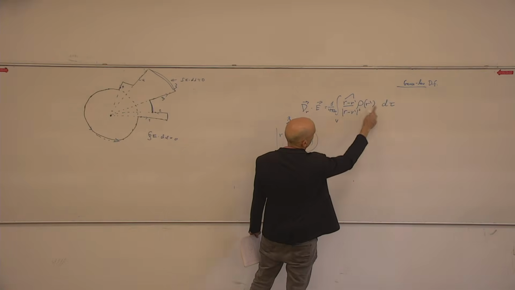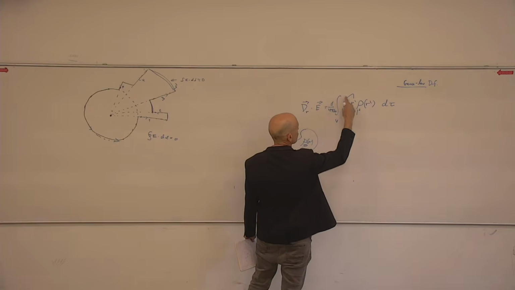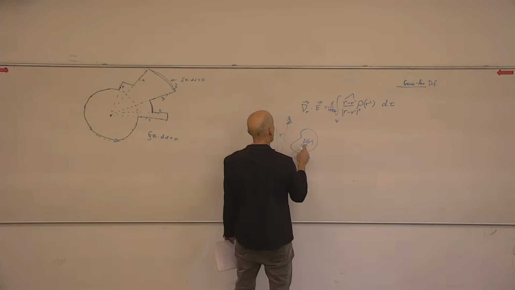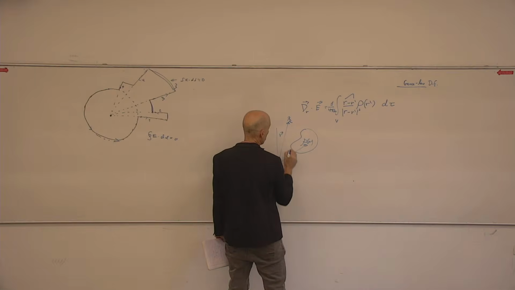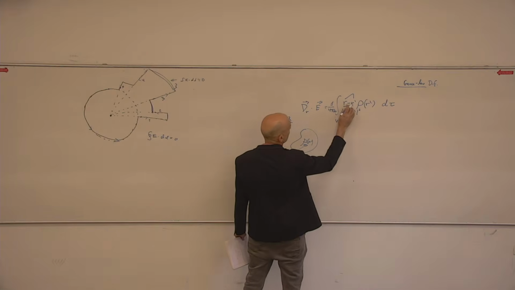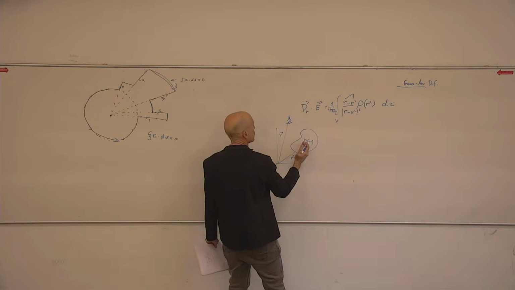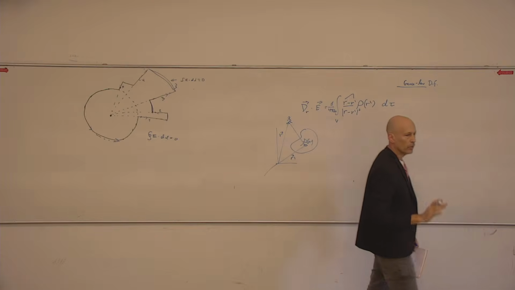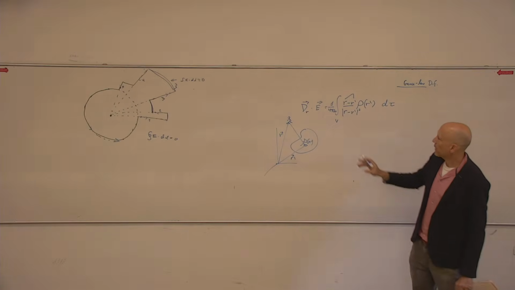I have rho of r d tau, that is the charge. This is Coulomb's law, the inverse square law. And of course, these are vectors. So r minus r prime hat, that's a unit vector in this direction, right? And I need to sum all of this. But now I added this